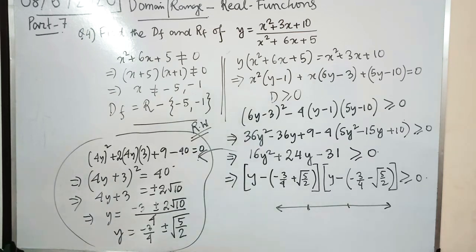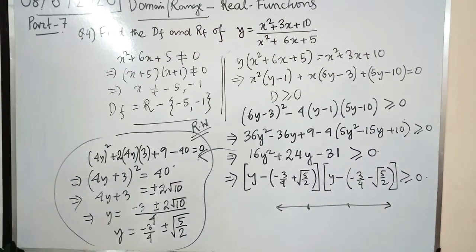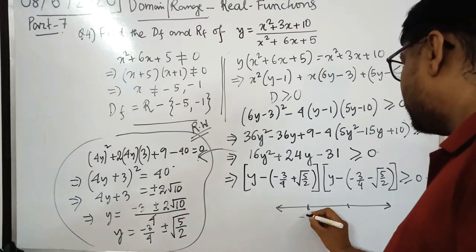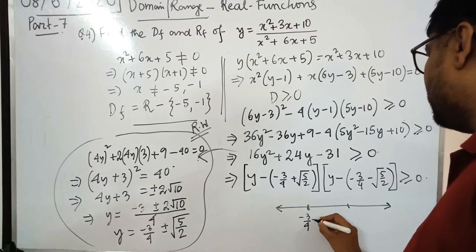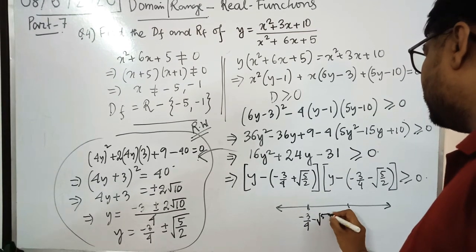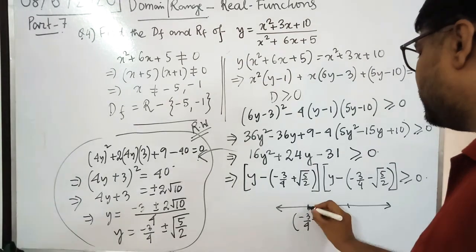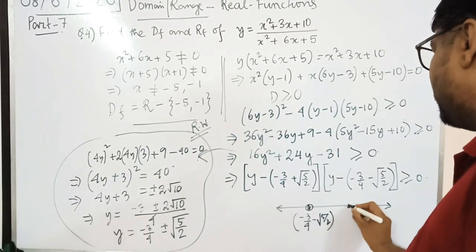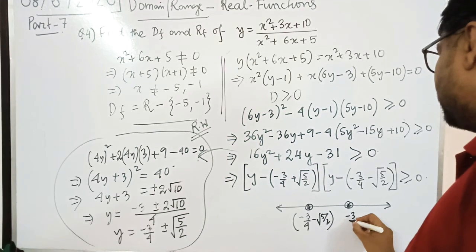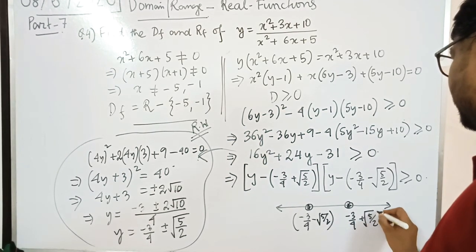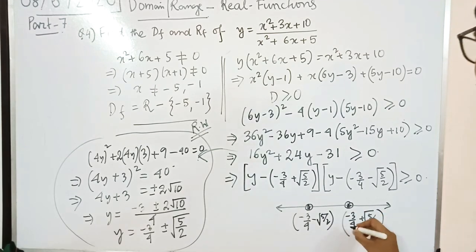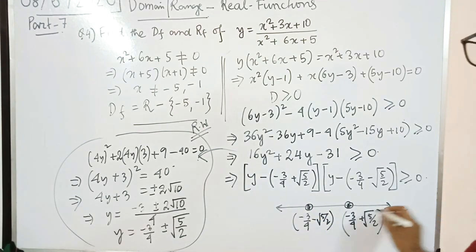One will be minus 3 by 4 minus root over 5 by 2. This is one point, and this point will be minus 3 by 4 plus root over 5 by 2. So these are the two values which break the